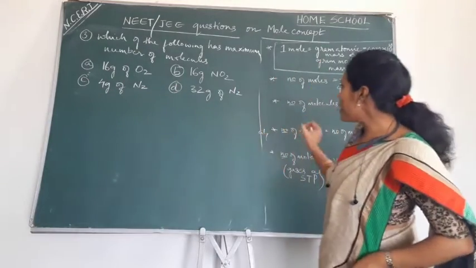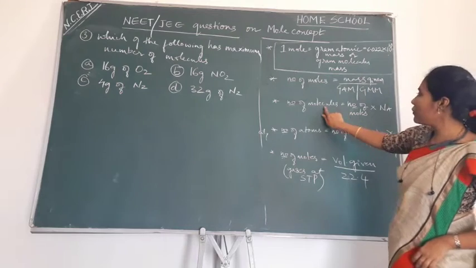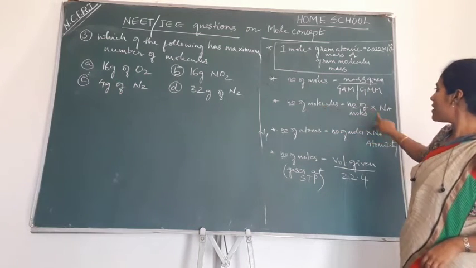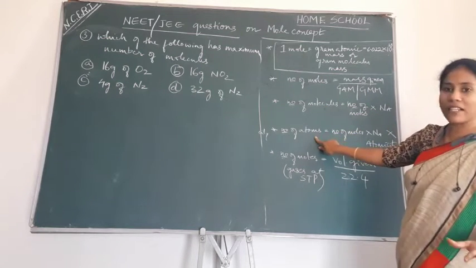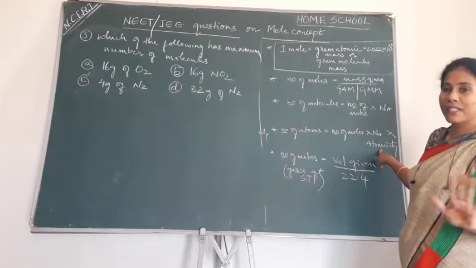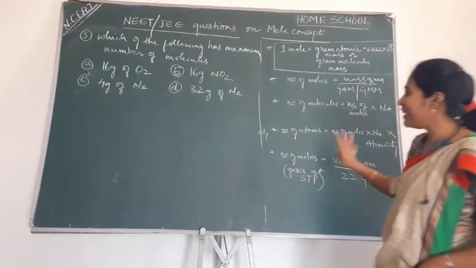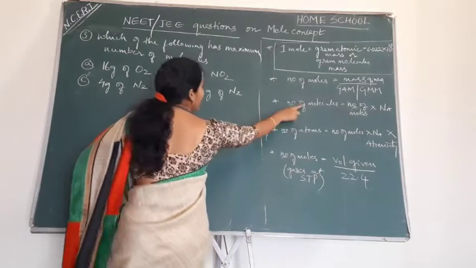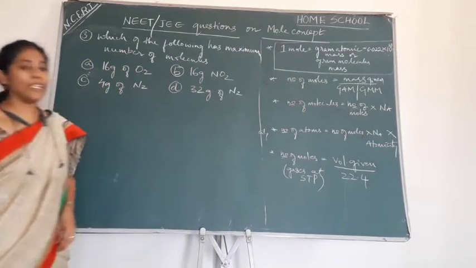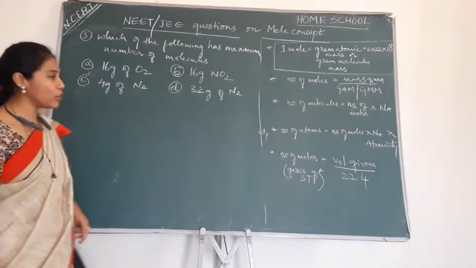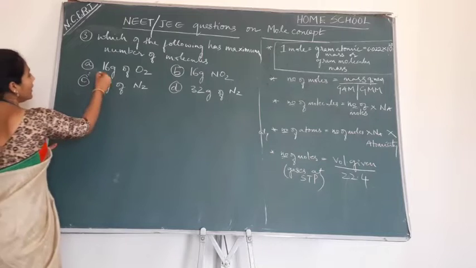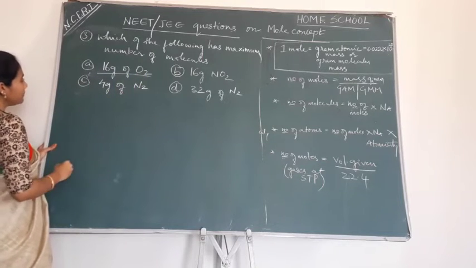So what is the basic formula that is there in front of you to calculate number of molecules? See this one. They didn't ask you number of atoms. No need to multiply with atomicity and all. All are molecules only. So straight away use this formula and calculate. How much do you get? Number of molecules is equal to number of moles into Avogadro number. Is it? So let us calculate for this one first.